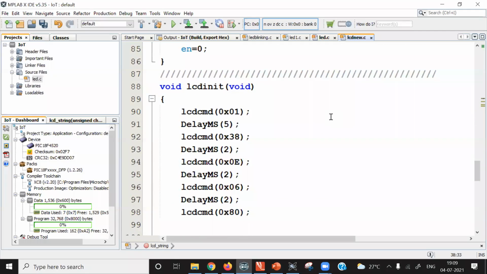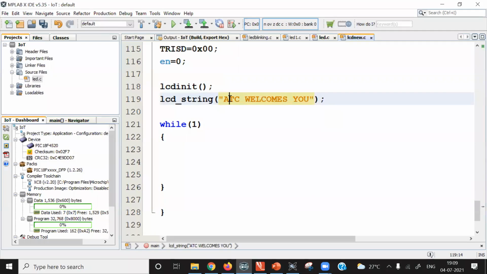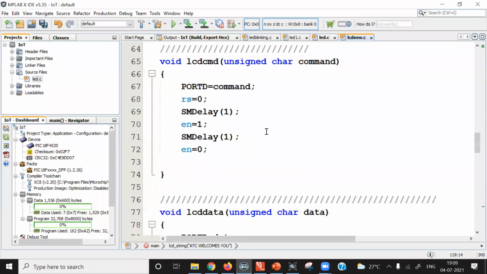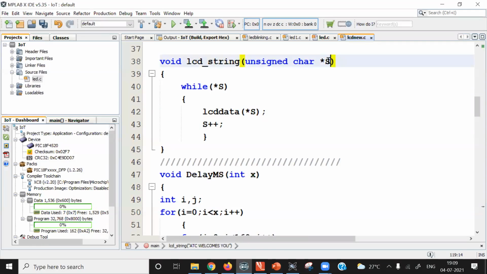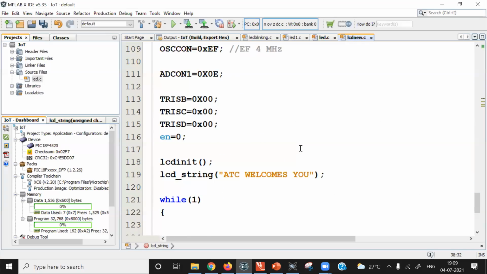Here the first character is A. So the address of the first character will be passed to this pointer, because this string "ATC welcomes you" will be saved in flash memory somewhere.